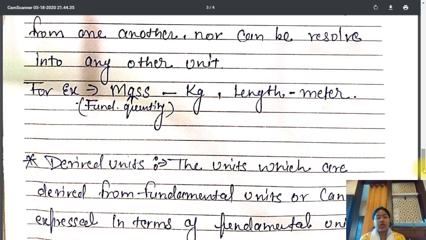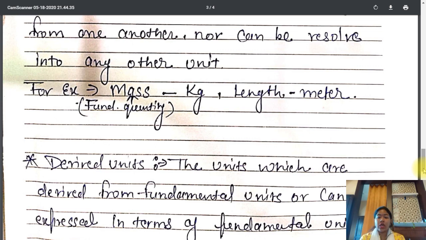In the category of the derived physical quantities and units, we have those quantities other than the fundamental physical quantities and their units. All other physical quantities are categorized into the category of the derived units and quantities. Now we will compare examples of both types.